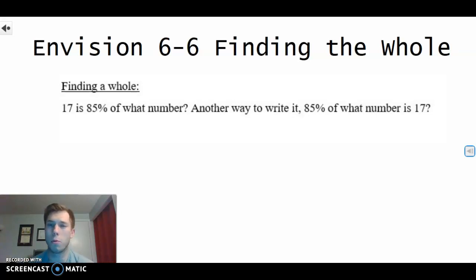Okay. Before we begin, I want to ask you guys to recall and identify what's the equation that we use when trying to find a part, percent, or whole. Okay, and I want that equation with the variable. So see if you guys can take a moment and identify that for me. Alright guys, so for this one, the equation that we use, just to recall, is A equals PB,